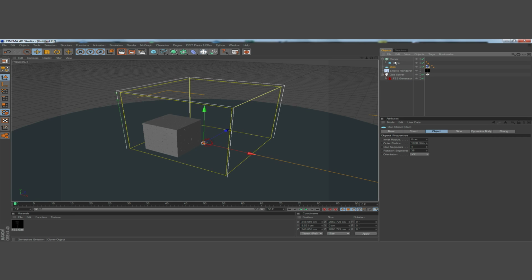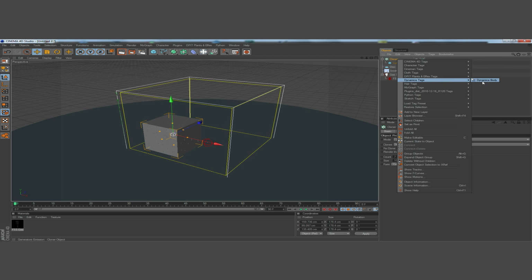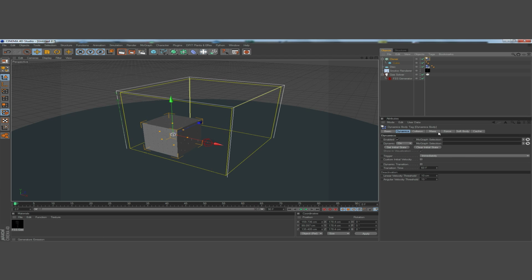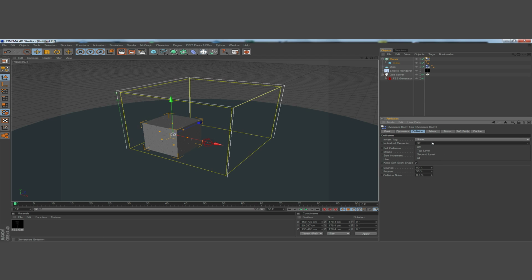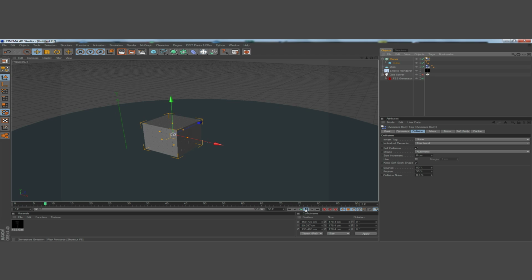And I add a body tag also to the cloner, go into the collision, set it to top level so each individual element is individually dynamic. Alright, so we see they're kind of stacked on top of each other,